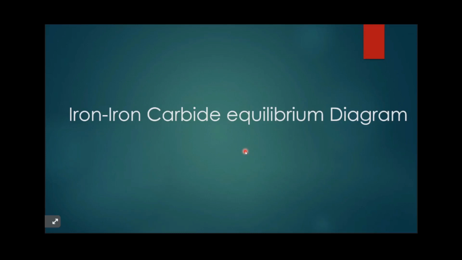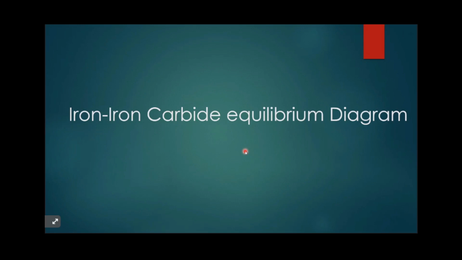Good evening, students. Today we are going to learn about the iron-carbon equilibrium diagram. This is the second part of the types of steels. In the previous webinar, we studied the types of steels, the difference between steel and cast iron, and how steel changes according to the percentage of carbon. In this webinar, we are going to see the different microstructures of steel and cast iron